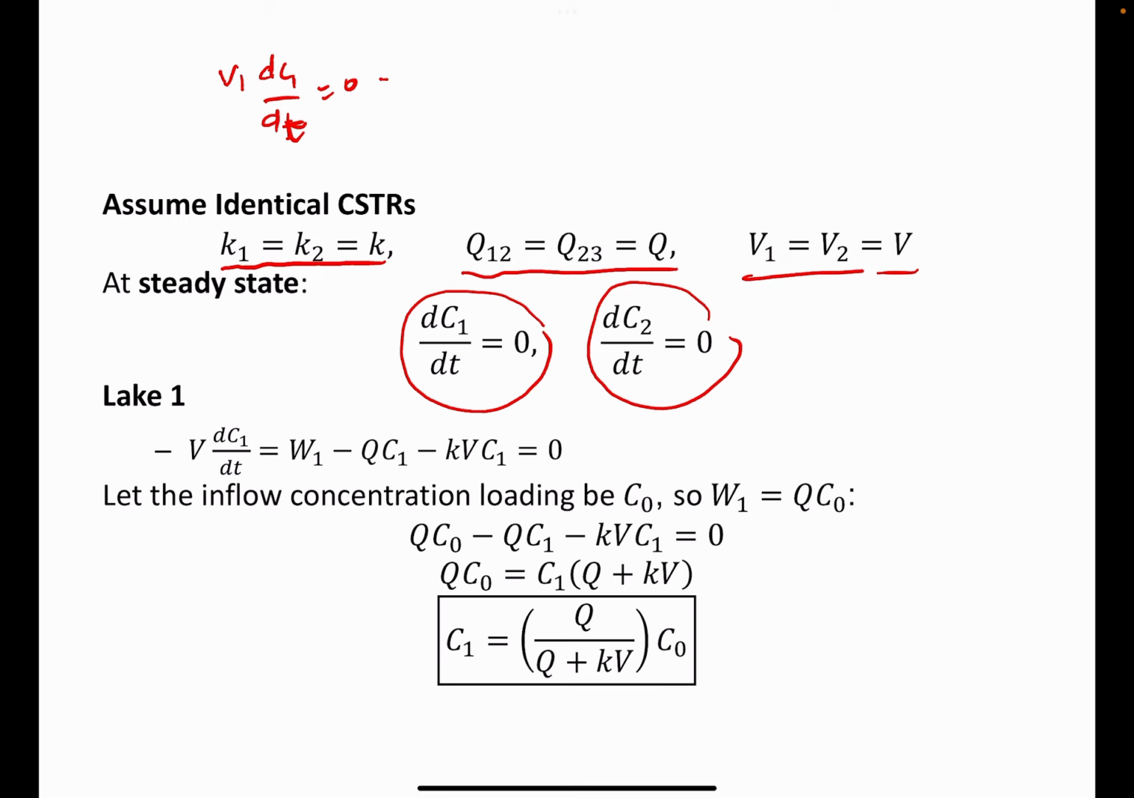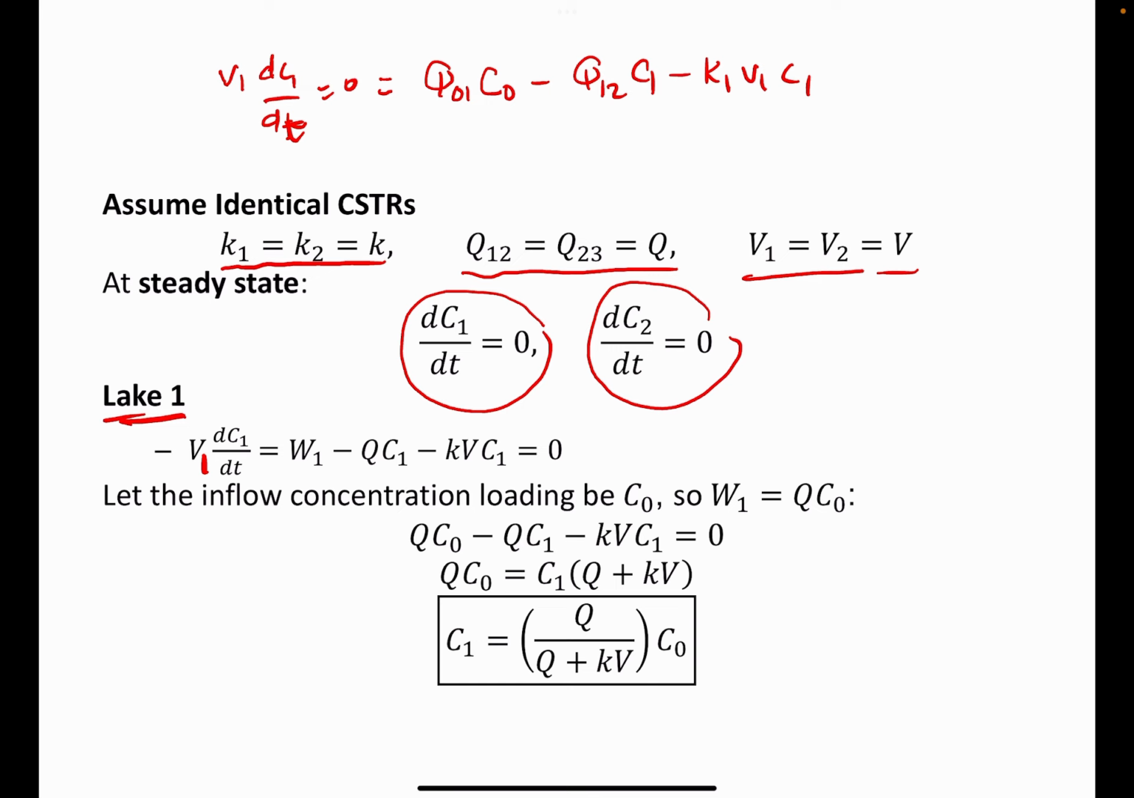And that's going to give you, if you look at lake number 1, Q01 concentration 0 minus Q12 C1 minus K1 V1 C1. So that's from lake number 1, V1 dC1 over dt, loading, and of course that's also if there is any loading coming up, so it's going to be a loading 1 minus,